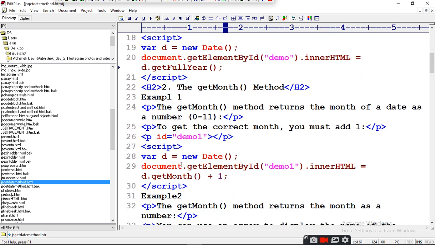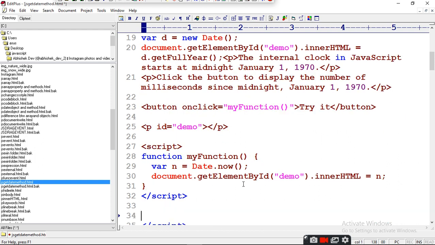In demo 1, d equals new Date. Again I will take the current date, then d.getMonth() + 1, because it starts from 0, so I have to add +1. So I will get the month.